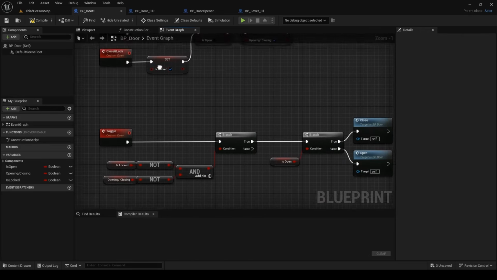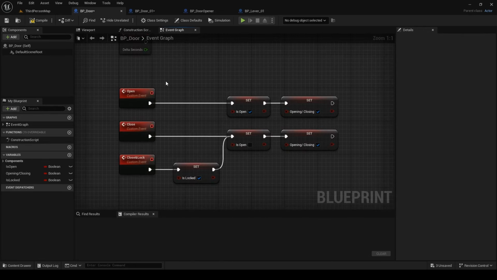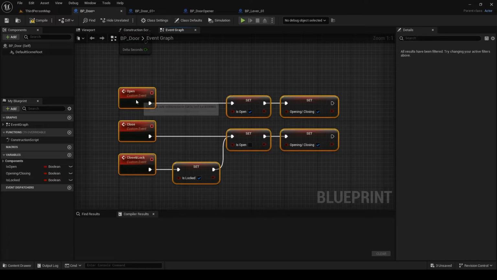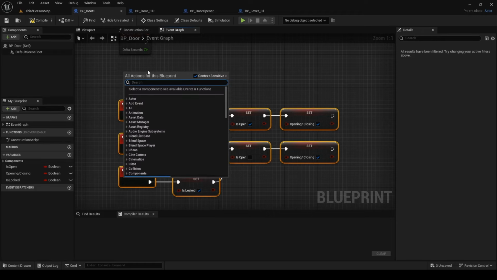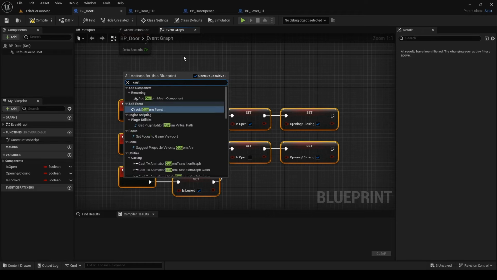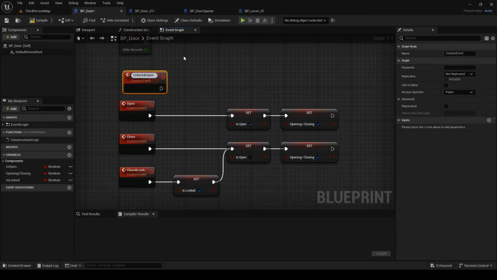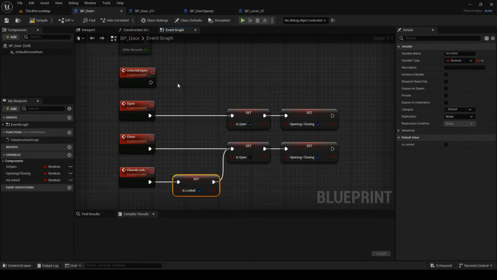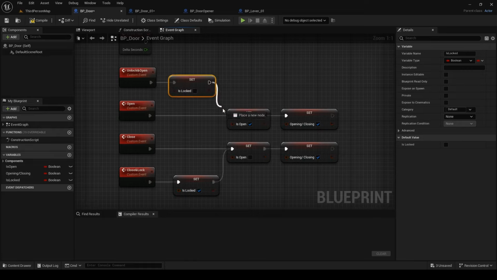Now to how we can use inheritance to make easy adding other functionalities. We have function close and lock, so let's implement function unlock and open. Add custom event and name it unlock and open. We could do it as with close and lock. Add setIsLock, uncheck and connect it to setIsOpen of open event.